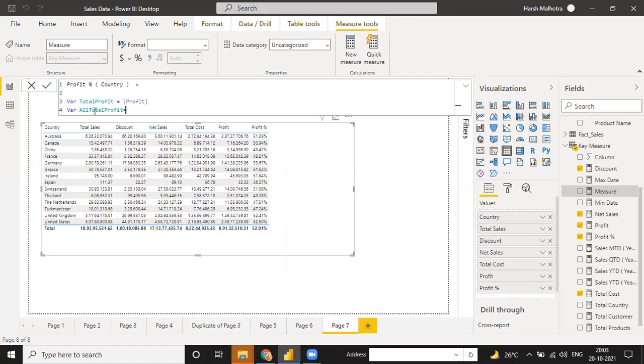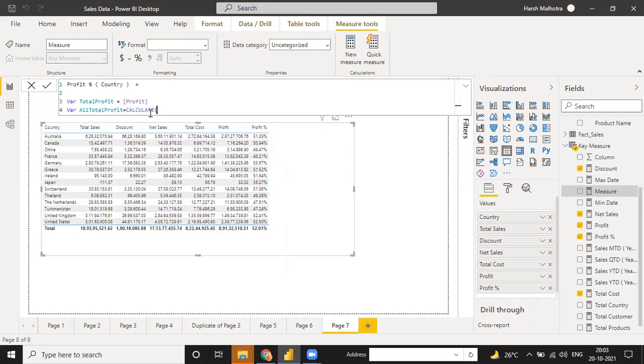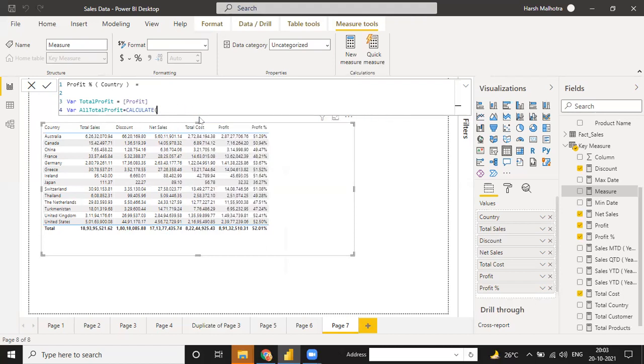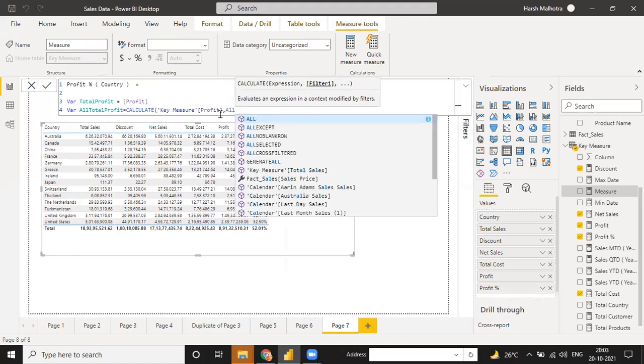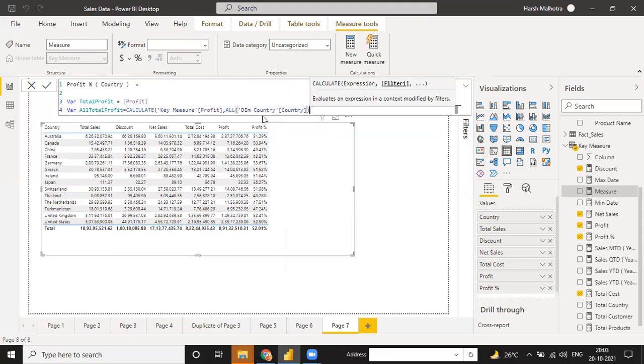This is our variable name. This is not a function. You can change the variable name as per you. Okay, this is just my variable name. You can change it anytime. So how to calculate this? Okay, and you can use your profit. Sorry, this is a variable. I need to use profit, calculate profit on the basis of location. Location, sorry, not location, we need it by country. So all this we have to use by country, and country we have in dim country. This is your country. Just press enter.